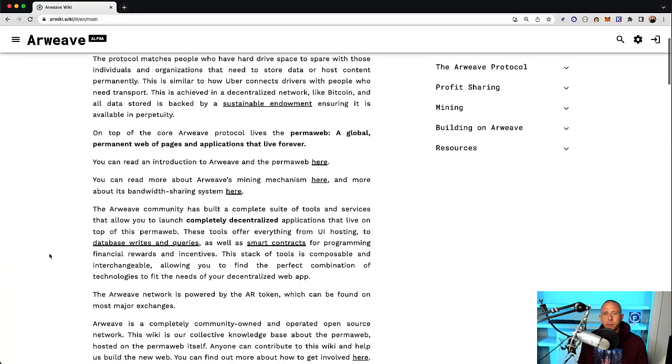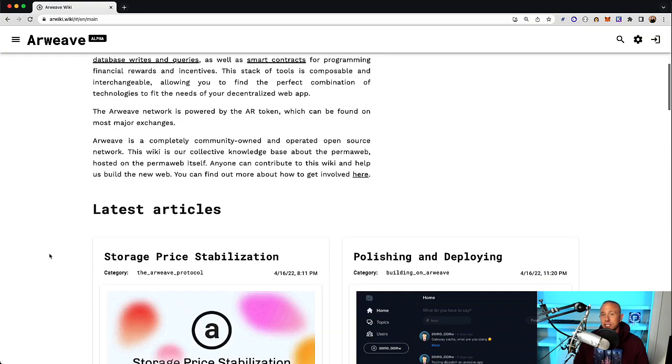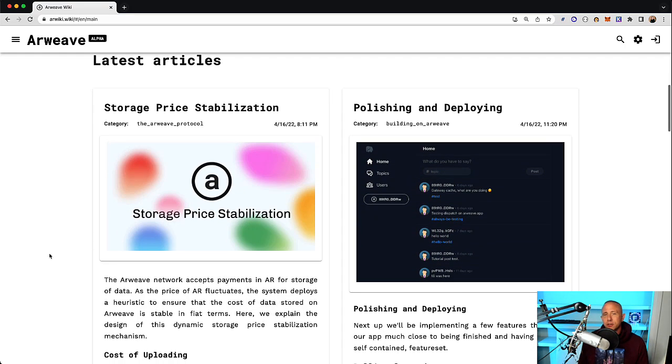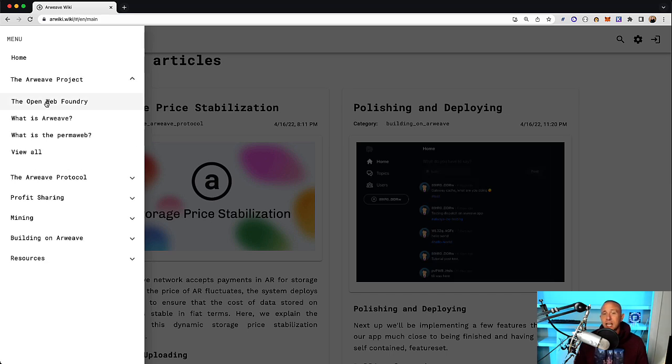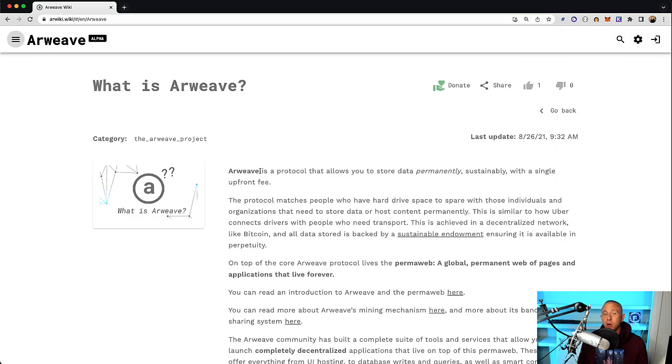Arweave is a global permanent hard drive that allows developers and users to store documents and applications forever. Like blockchains have created a new paradigm in introducing distributed ledgers and distributed state machines, Arweave introduces another new paradigm in that we can store larger files like images, videos, PDFs, and other documents forever by only paying a single